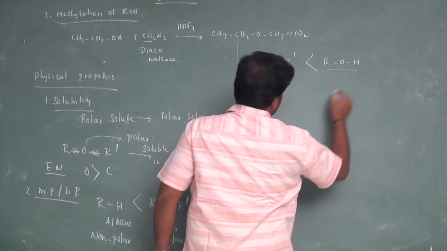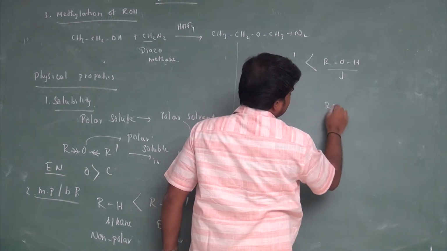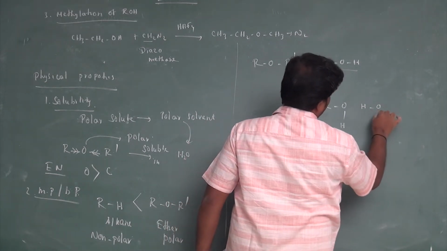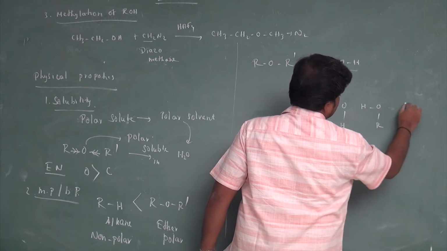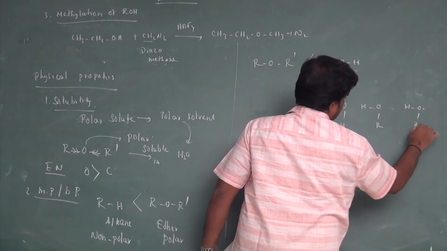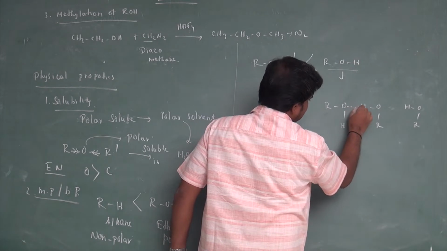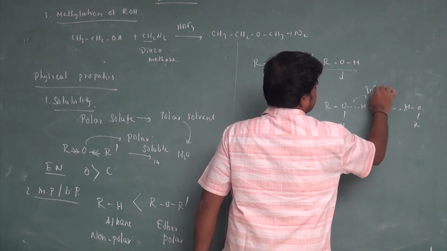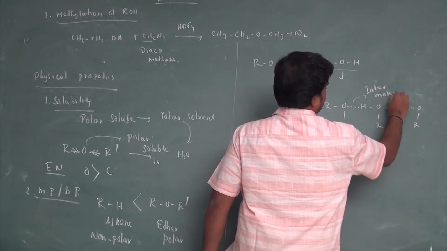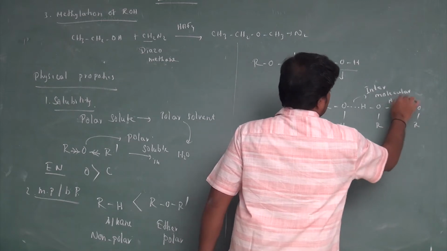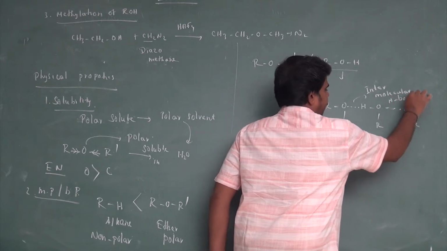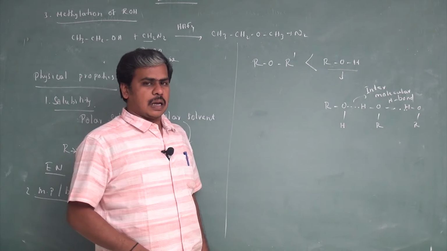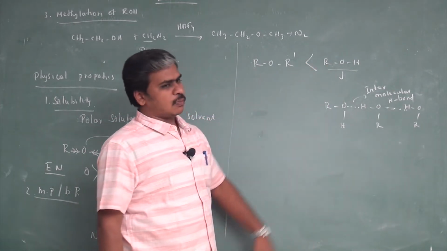Here alcohol makes intermolecular hydrogen bonds. So here ROH and here HOR, and here it is HO and R. So here there is a possibility of making an intermolecular hydrogen bond. So the intermolecular hydrogen bond is possible only in alcohol, so that it shows a higher melting point and boiling point